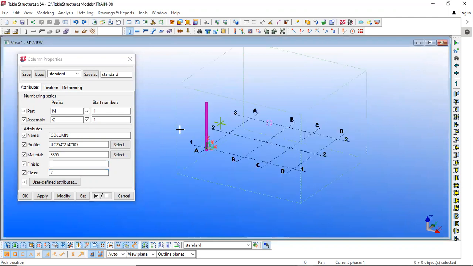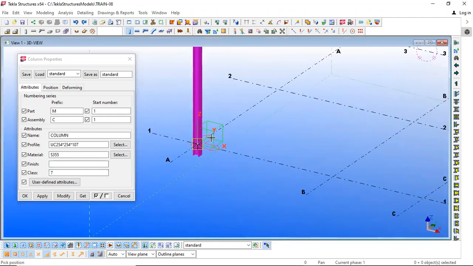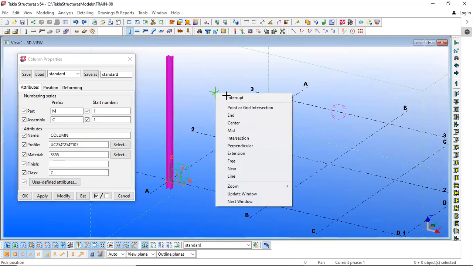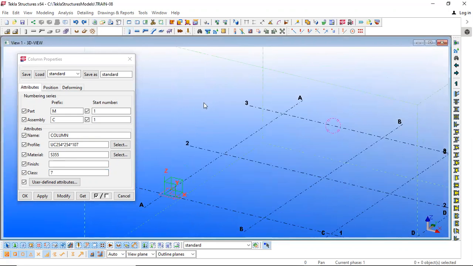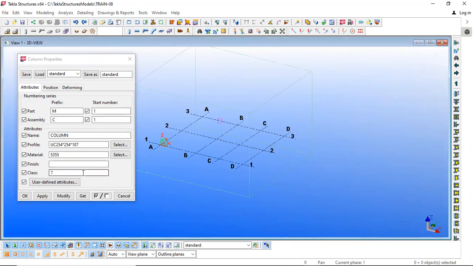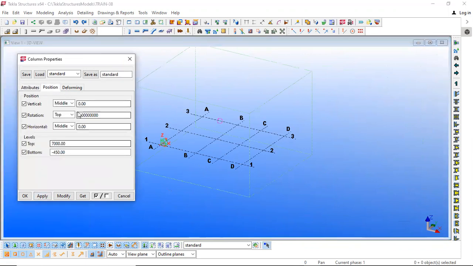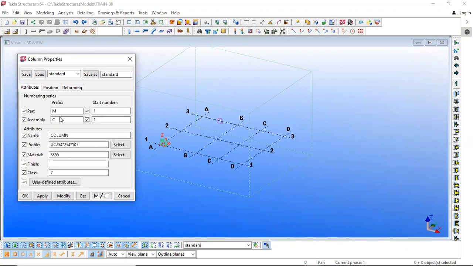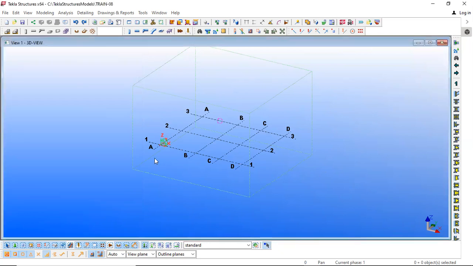If I add class 7, it will look pink. Similarly, if I add any other class, it will give me a different color. So this is related to colors. And then position, we already saw position in column, we have to decide it as per the design drawings, right? Apply.